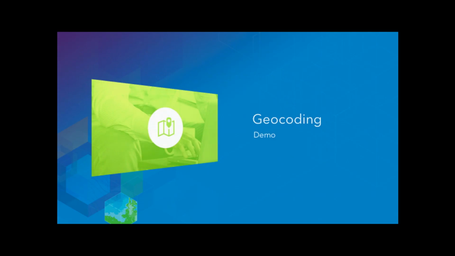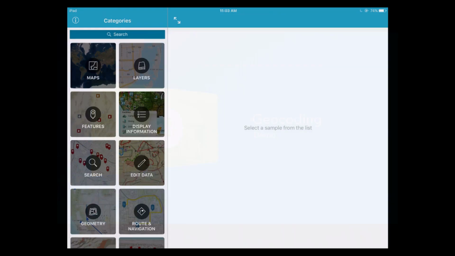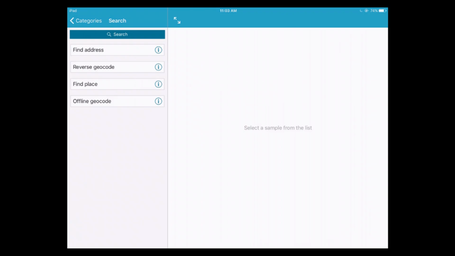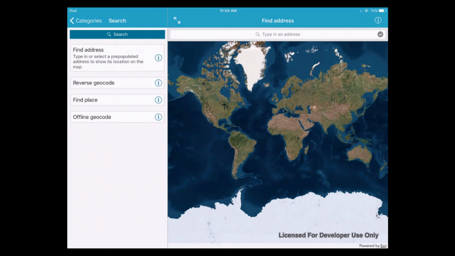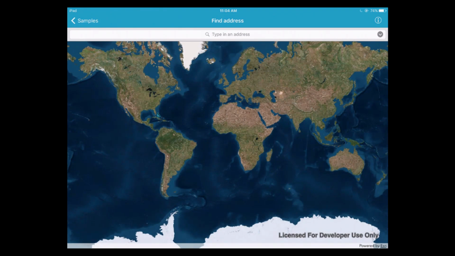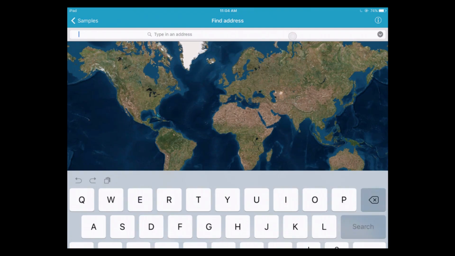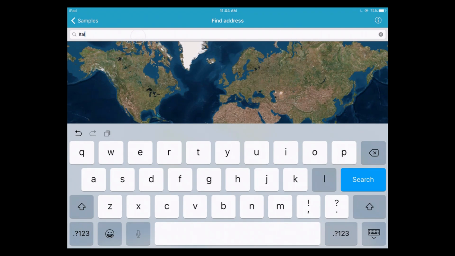With that, let's see a quick demo of geocoding. I'm going to be using the same app that Divesh showed. Let's go to the search category and pick the first one, which is find address. This sample uses Esri's world geocoder and allows me to perform searches in a number of different formats. I can say look up a country, like